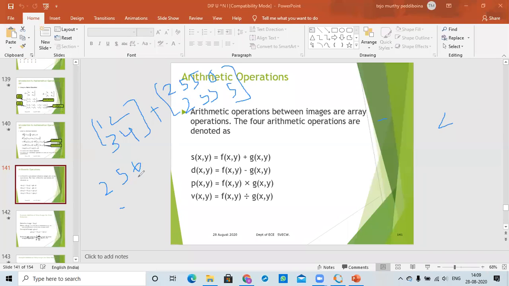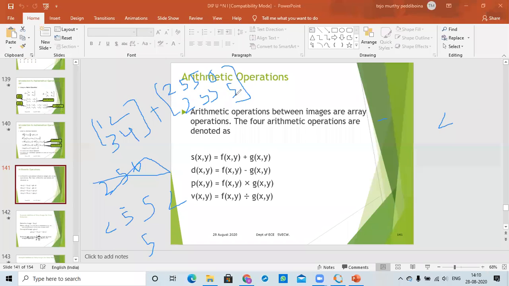Then what I have to do is fix it. Even if you get 400, we cannot do anything; we cannot exceed our maximum range. So when it exceeds the maximum range, we have to take the maximum range itself. I cannot take 256 here; instead, I can take only 255. So the addition of 1 plus 255 is 255 only. Then 2 plus 0 is 2. Then 3 plus 2 is 5.